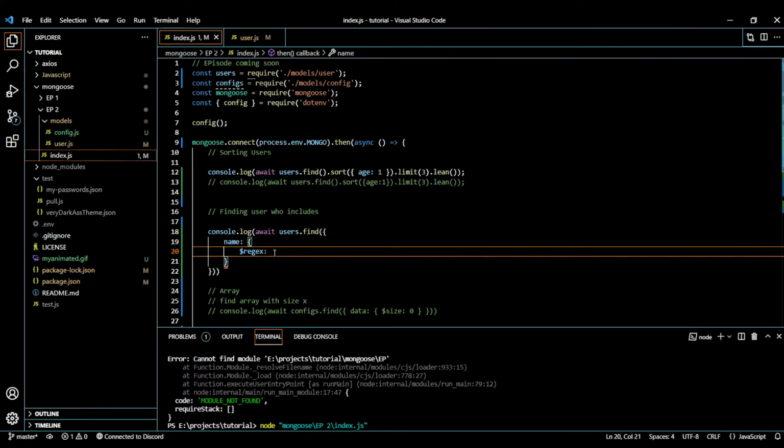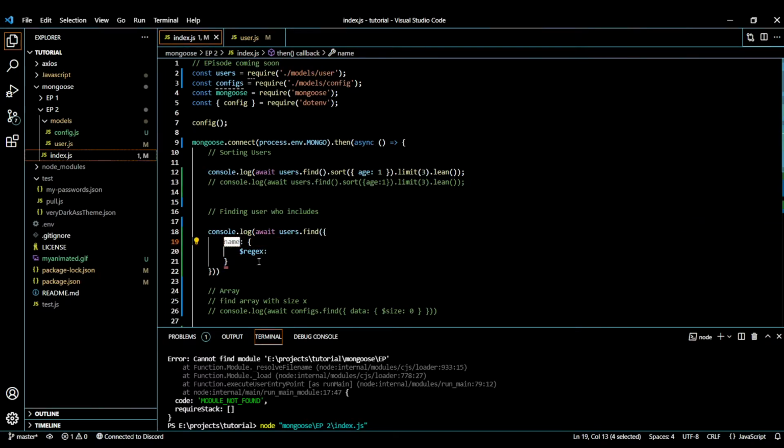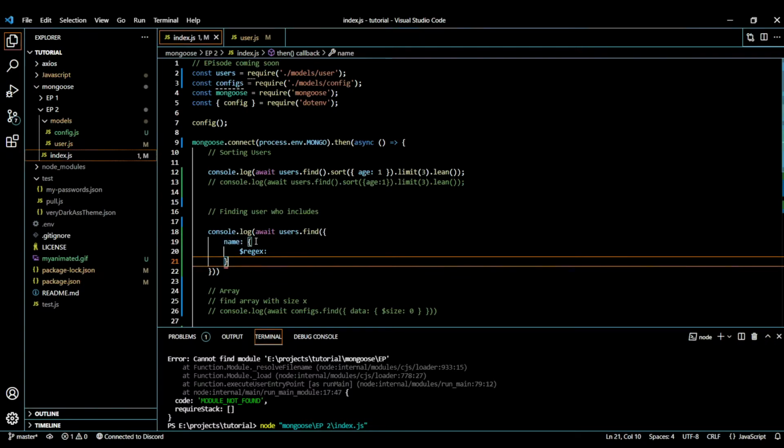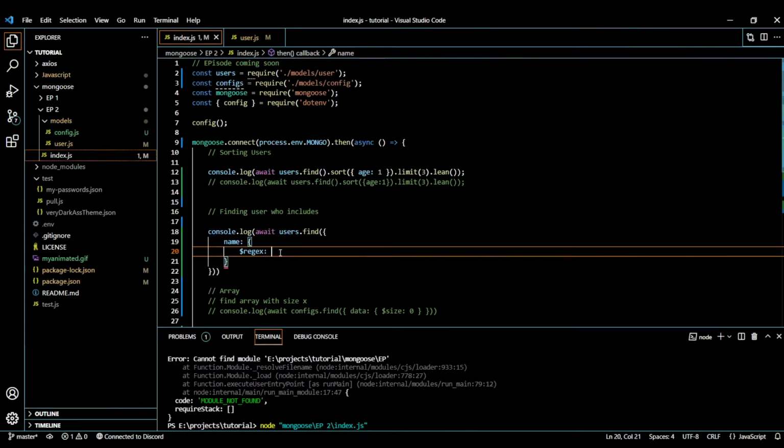To be honest, if you know about regex or regular expressions, you can do this yourself. You just have to provide the property for which you want to search, and then these objects and the regex. We just have to create some cool looking regex, I will just do this and then I.